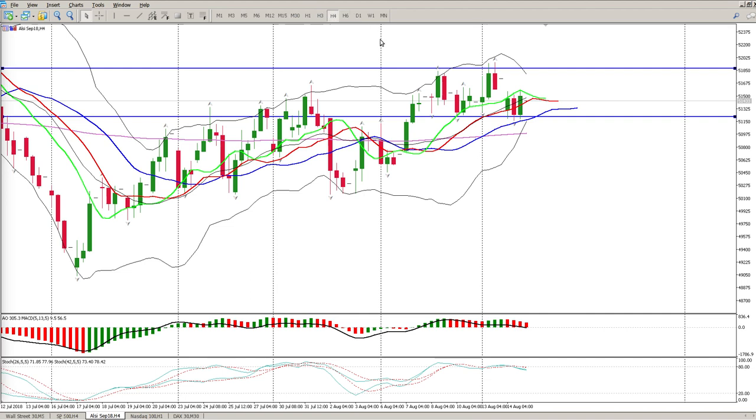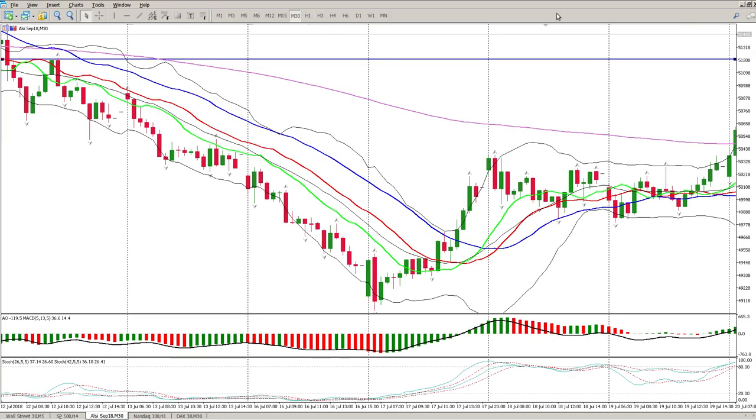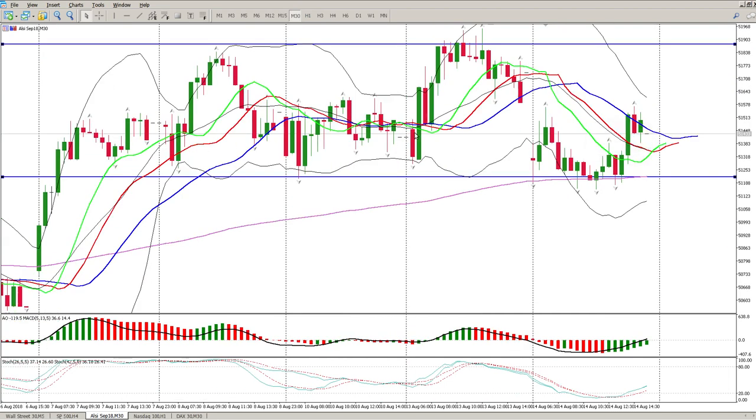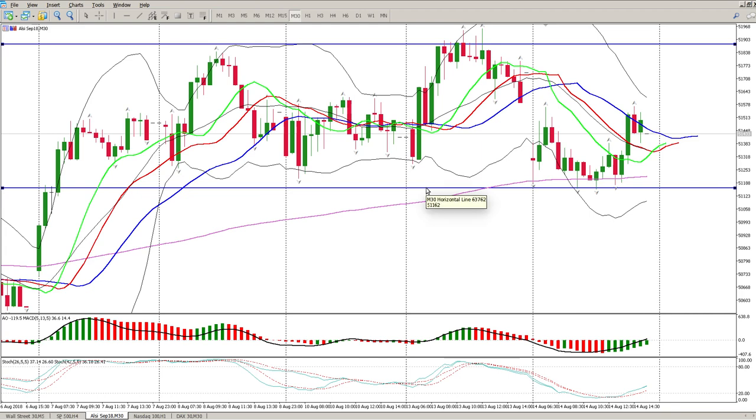Anyway, we're on the 4 hour, and there's nothing much to read into this except that we have been consolidating the last couple of days. If we get down to the 30 minutes, you'll see what I mean. The last 5 days we have been consolidating. Just to be safe, I'm going to extend this bottom area to the tails of yesterday, and you can see how the 230-minute EMA was holding up price yesterday, and we're bouncing off it, which is also kind of the bottom of the range.